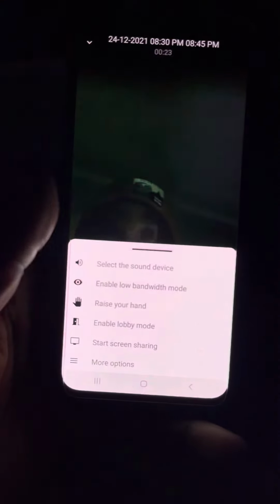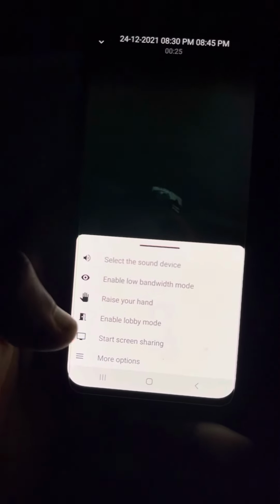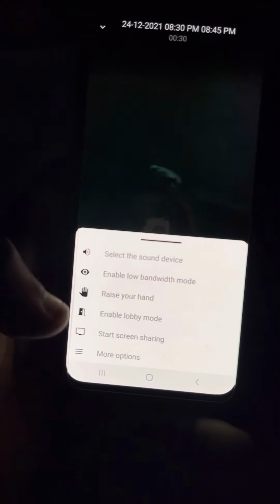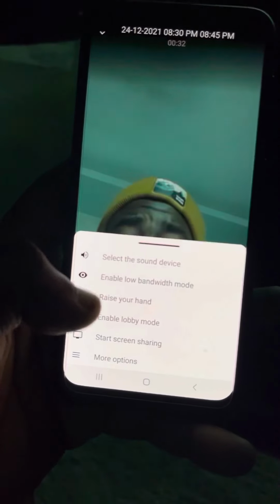You can select the device sound, enable bandwidth mode, which lets you reduce high data consumption and all. You could share your screen,